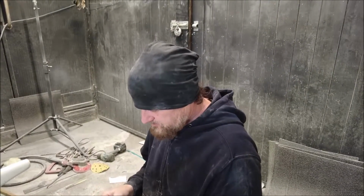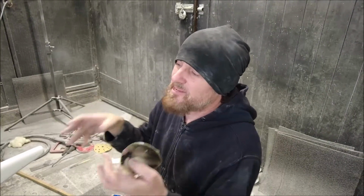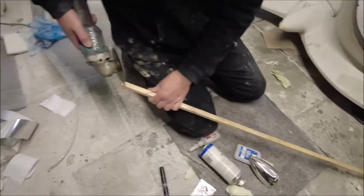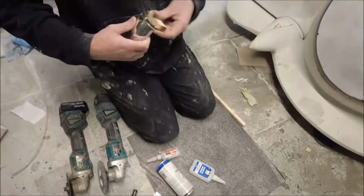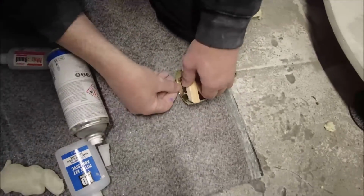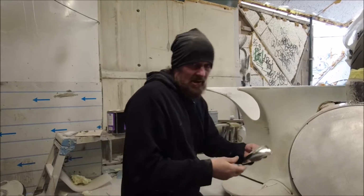But first, what I'm going to do is make this wider by just getting a piece of wood in there, just pushing this out a little bit. It just needs to be there. So I'm going to do that, and then we can stick one on in a preliminary sort of way, see what it looks like. Glue that piece of timber in there, and now when I offer it up,